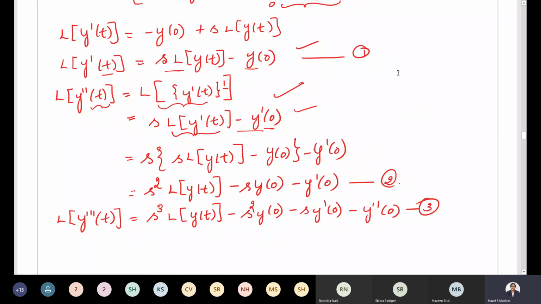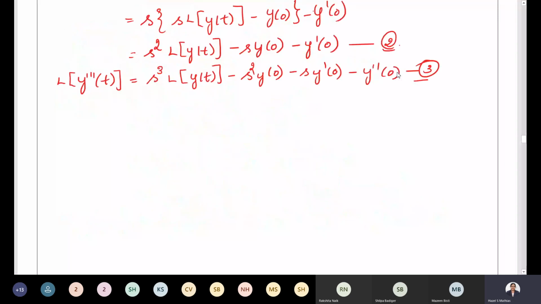Okay, now you need to remember these 1, 2, 3 in solving differential equations. We will discuss this question so that it will be clear. But you need to remember these three things: equation 1, 2 and 3. Which one you use depends on what term is there in the question.